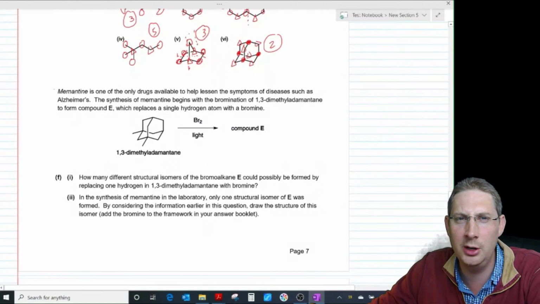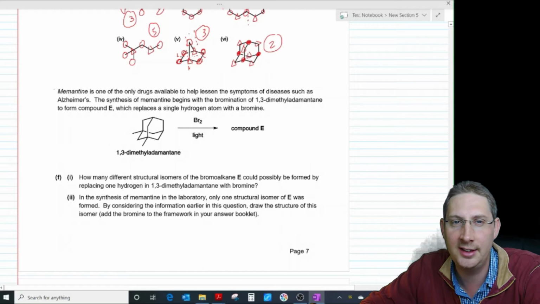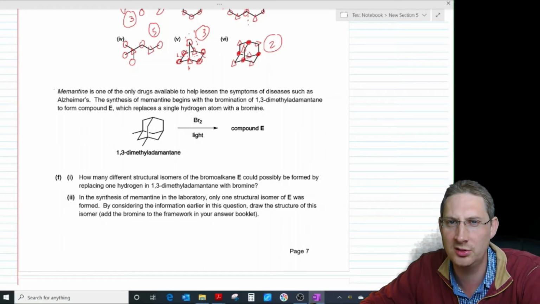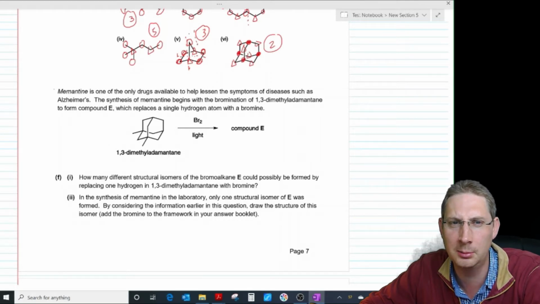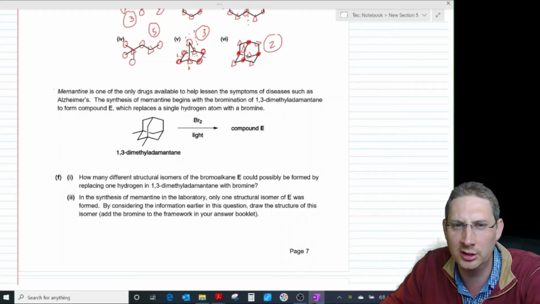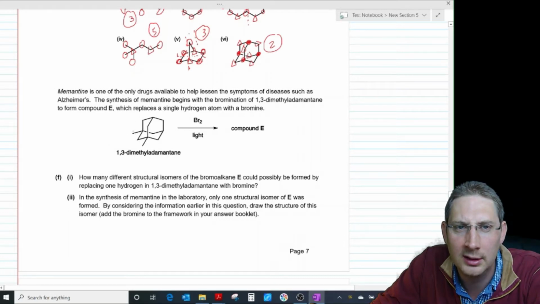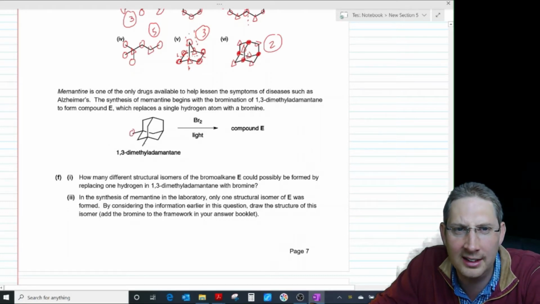Memantine is one of the only drugs available to help lessen the symptoms of diseases such as Alzheimer's. The synthesis of memantine begins with the bromination of 1,3-dimethyladamantane to form compound E, which replaces a single hydrogen atom with bromine. How many different structural isomers of the bromoalkane E could possibly be formed by replacing one hydrogen with bromine? Okay, so clearly that and that are